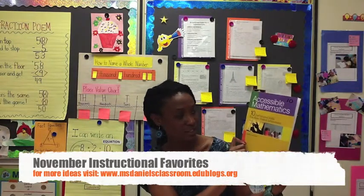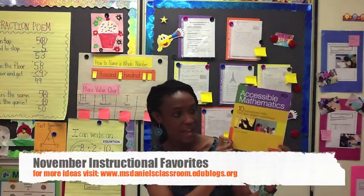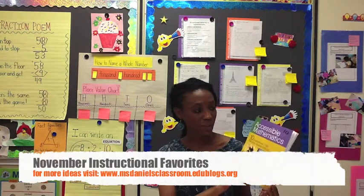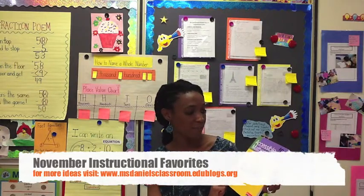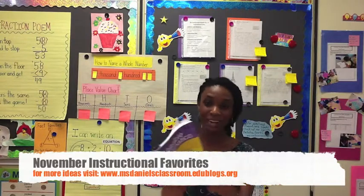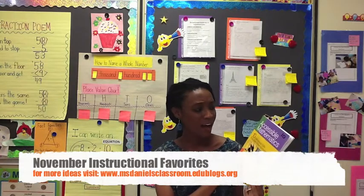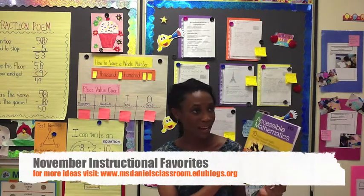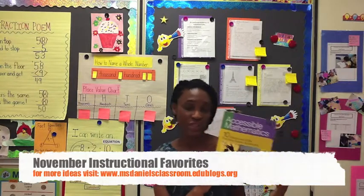My next instructional favorite is actually a book, and it is titled Accessible Mathematics, 10 Instructional Shifts That Raise Student Achievement. It's authored by Stephen Leinwand, and what I like about this book is that it is one of the best professional development books I've come across in several months. Just by looking at the size, it's not intimidating. It's something that you can spend a few minutes reading whenever you have free time. It's a 90-page read, and it's accessible material from the novice mathematics teacher to the experienced